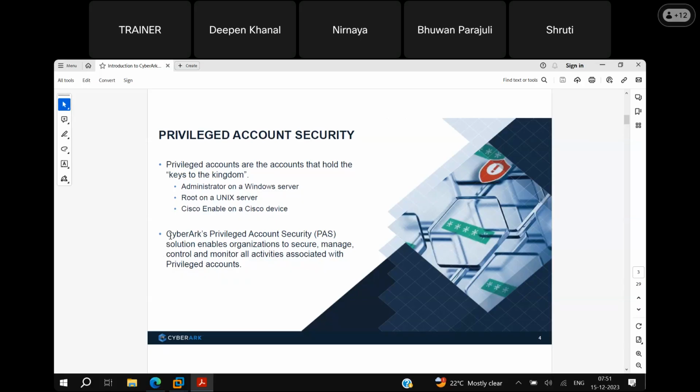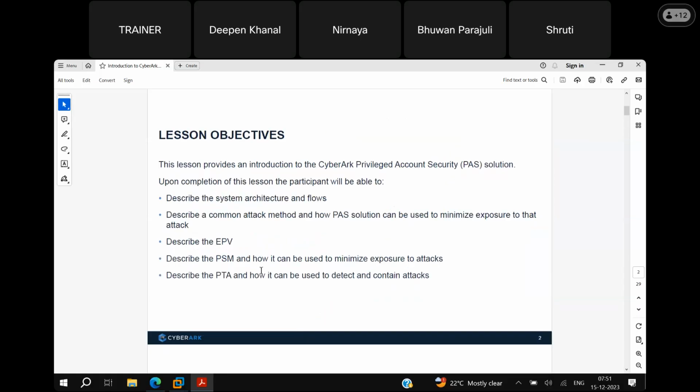Now, the CyberArk PAS solution enables organizations to secure, manage, control, and monitor all activities associated with privileged accounts. This is the exact definition of CyberArk, right? So you are all here to learn about this CyberArk product.